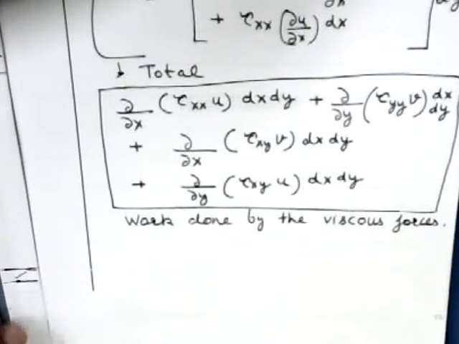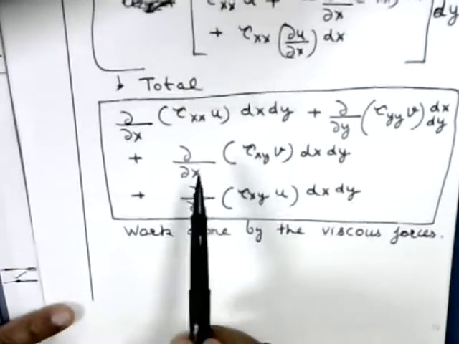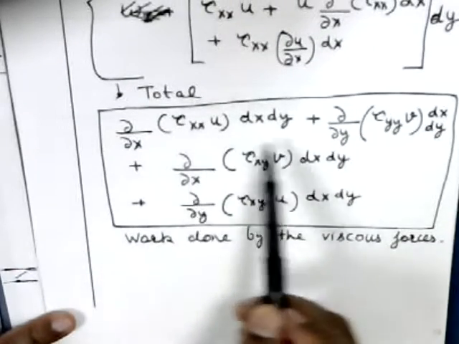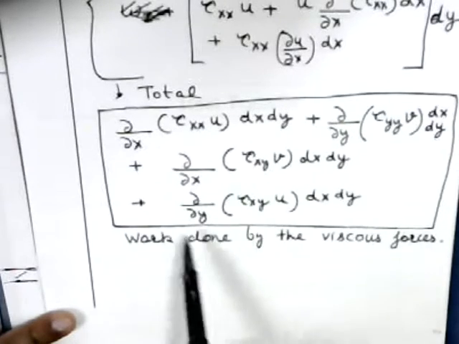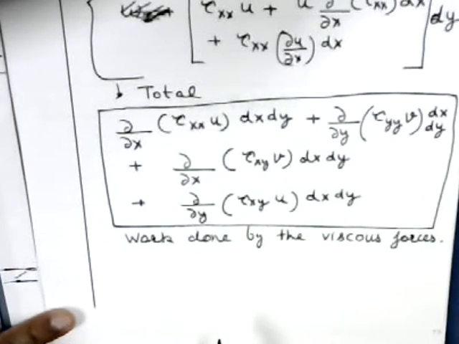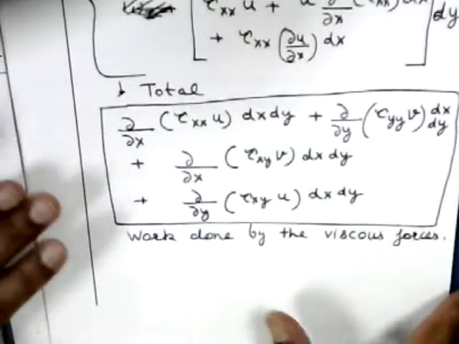Okay, work done by the viscous forces. We can expand this because I gave you already expressions for tau xx, tau yy and these. So you can substitute those and expand this, write it in a different form. Okay. So now the energy equation becomes, when you do the energy balance, there is advection, diffusion and work done by all these viscous forces. Okay. So your energy equation will become,